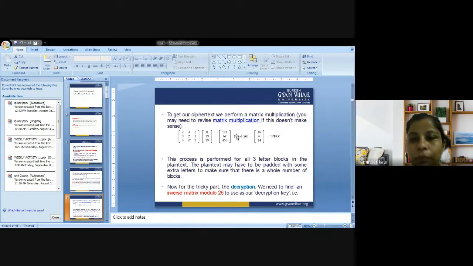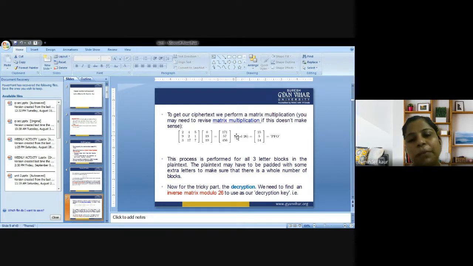So this is my text that I am going to represent, or I can say this is my generated ciphertext. That is, ATT is converted into PFO. 15 is representing P, 5 is representing F, and 14 is representing O. So in that manner, I am going to convert the plain text into the ciphertext with all the chunks that are being given in the message.